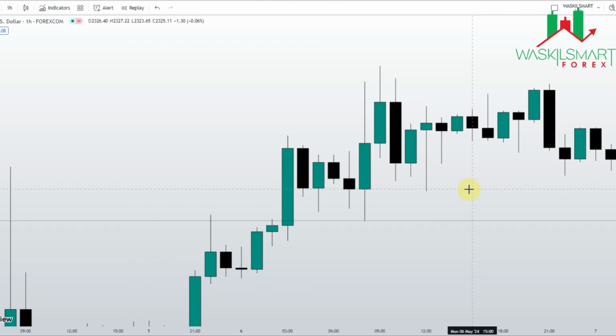Most times, the mistake some of the ICT students usually make is that they trade fair value gap as fair value gap alone. So you don't know that it's not a strategy. It's just part of the concept that can be used to implement your own strategy. It can't stand alone, but it can be used to complete a formula that can give you a strategy. That is what a fair value gap is all about.